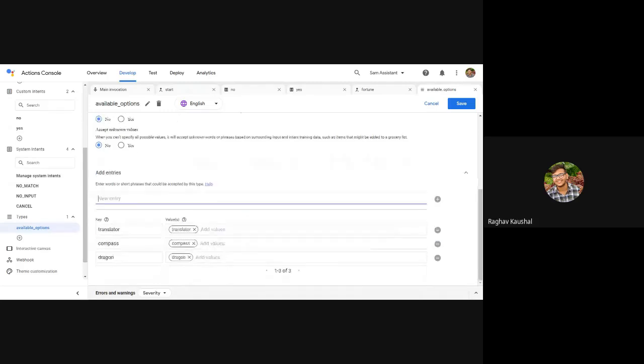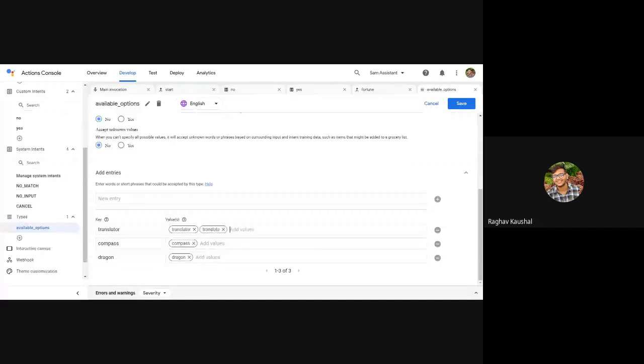It's pretty clear. These are the key value pairs. Whenever the user says translator in the values, this key will be invoked. Whenever the user says compass in the values, this compass key will be invoked. So you can add more values here. For translator, maybe a user can type translate here.